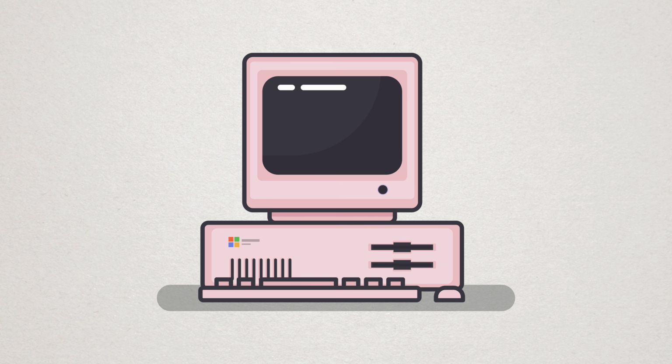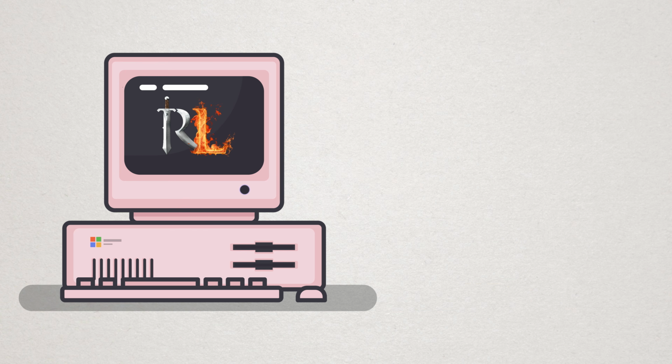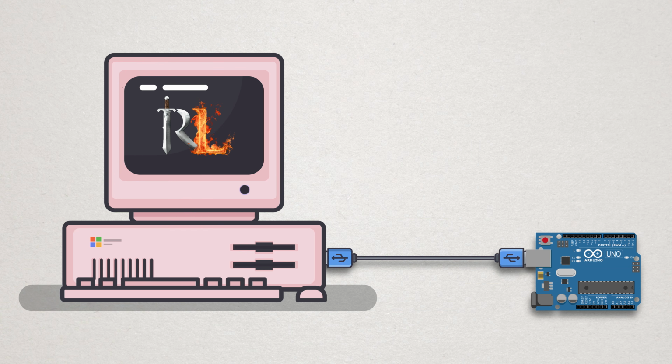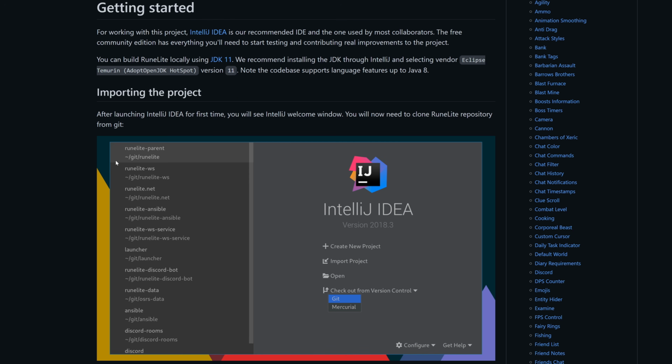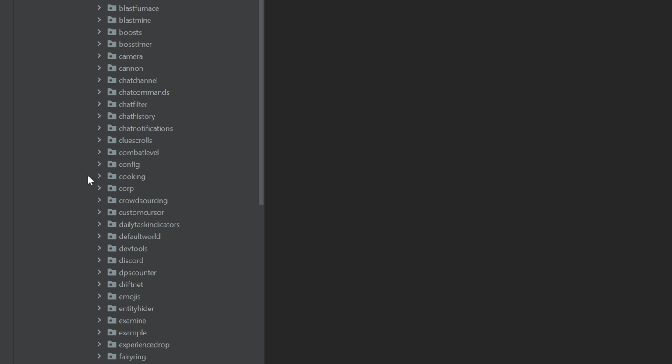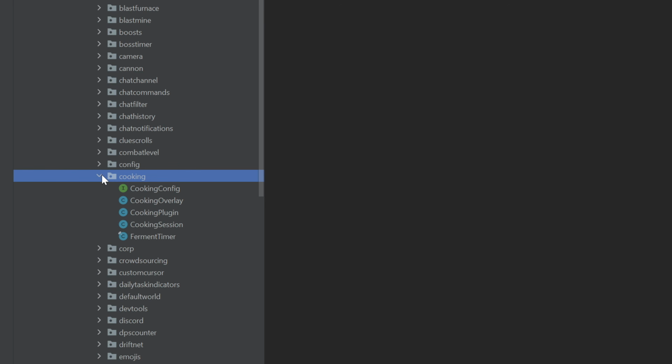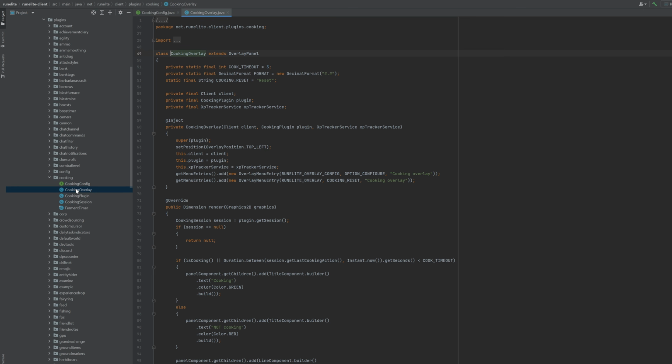My idea for version 2 was to make a Runelight plugin that could establish a serial connection with an Arduino and then continuously print the percentage value of my HP to the serial port. The first step was to set up the Runelight development environment using IntelliJ as the IDE. Luckily, the Runelight developers have made the plugin system fairly user-friendly, and you can use all of the existing plugins